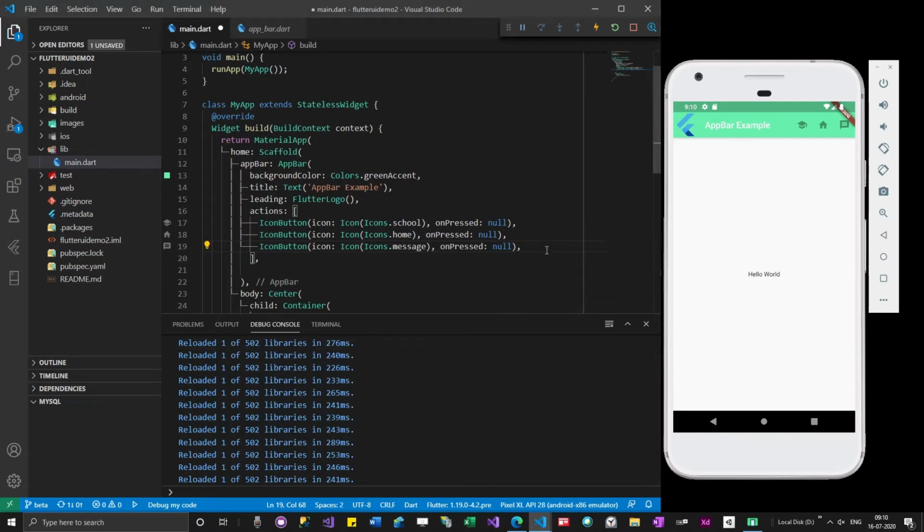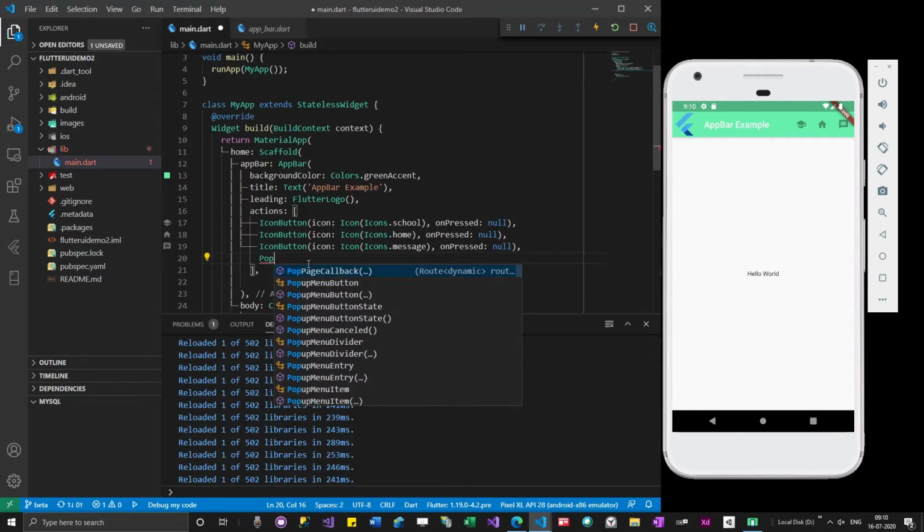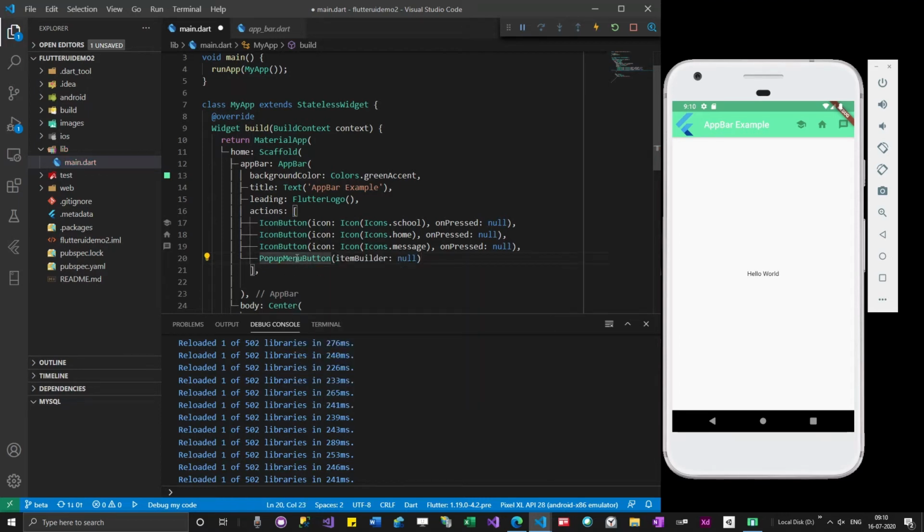Okay, so for that, what I could do is, see, these are icon buttons. I can just click them and make some code run, but not show some options. For that we have something called pop-up menu. Pop-up menu button, and you can see that it is taking item builder. So when I hover the mouse, you can see it takes a list of pop-up menu entries and a function build